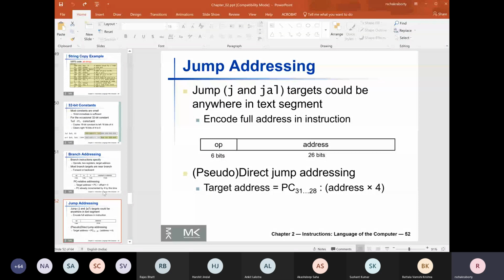That is the only additional operation it performs before it allows the jumping. But jumping to what location, that address has to be calculated.